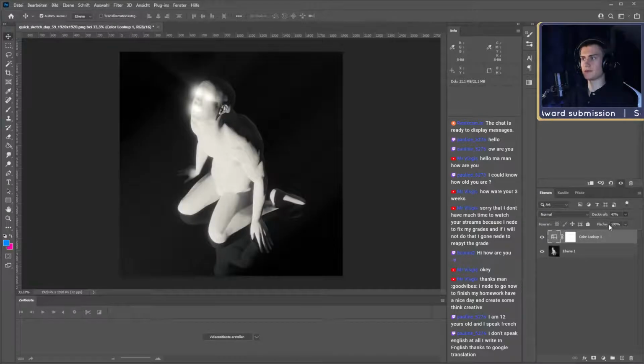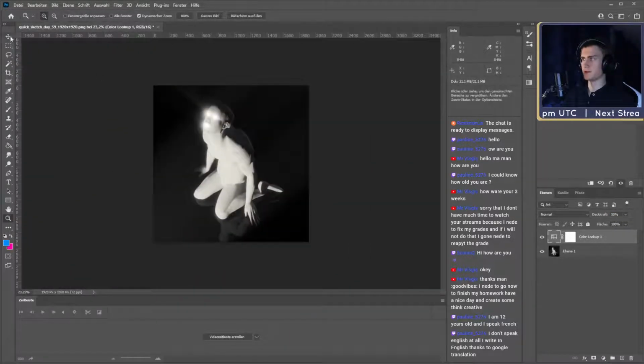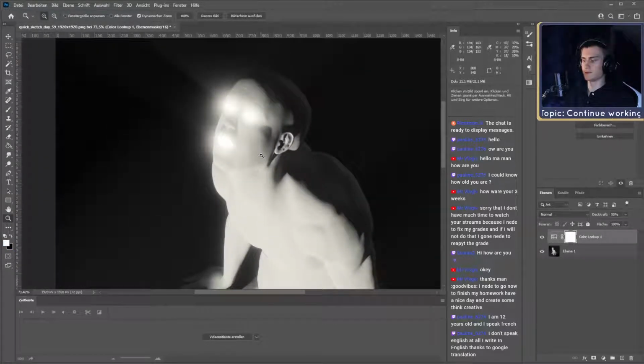The problem is I kind of want to make his chest region a little bit brighter, but you can't really brighten up the eyes too much, or maybe even at all, without losing some detail. Maybe that could work. Yeah, that looks pretty good, I think. 50% opacity should work. We could also probably just use a mask to reduce the brightness of the eyes. Let's see if that works.